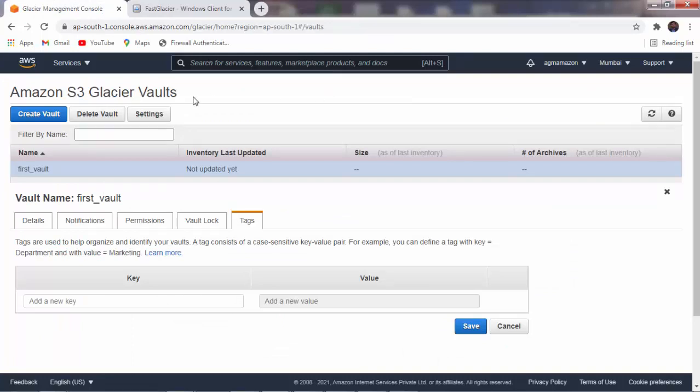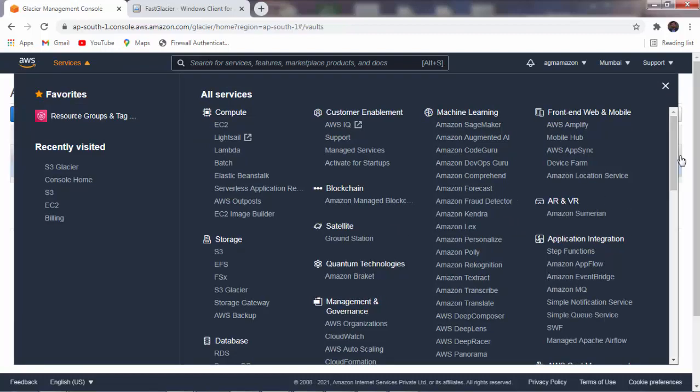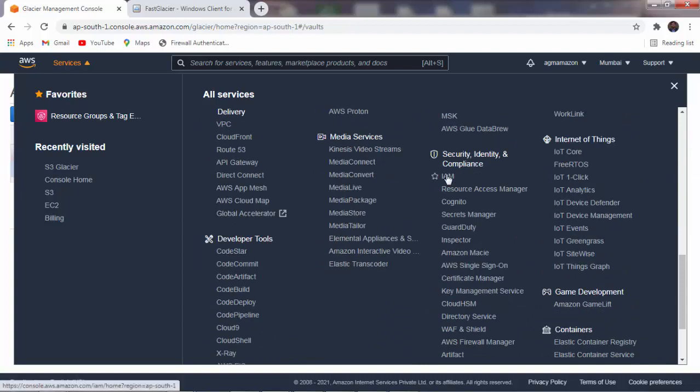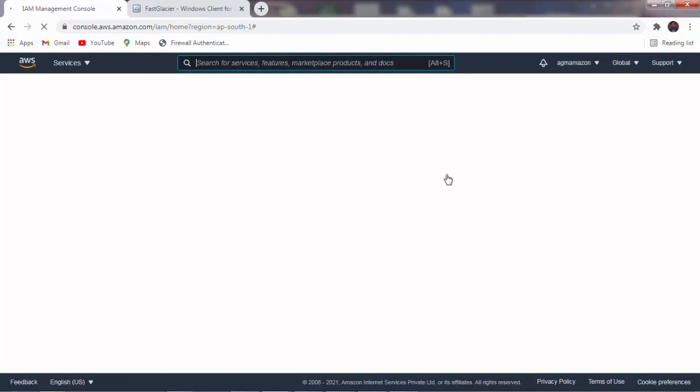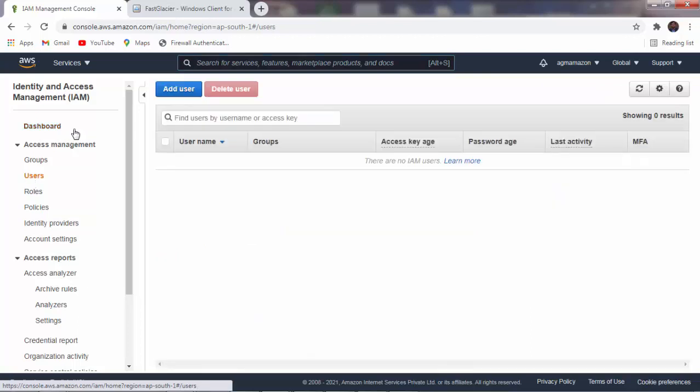So now you have to just click on services. Inside the services you have to identify the option, that is IAM. You have to just click on IAM. We are going to create a user by using IAM. Once you click on IAM, at that time another option will be there, that is users. You have to click on users, and inside the users there will be another option, that is add user, and using that you have to create the user. So just click on users, then you have to click on add user.